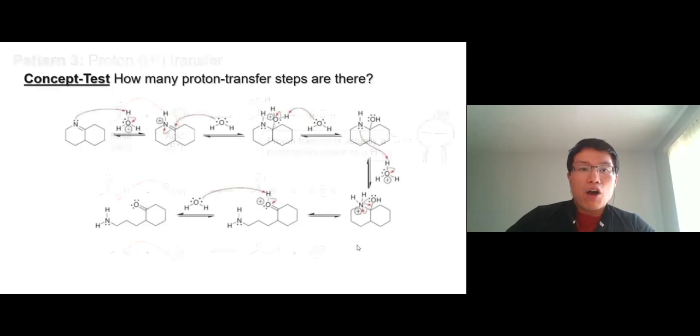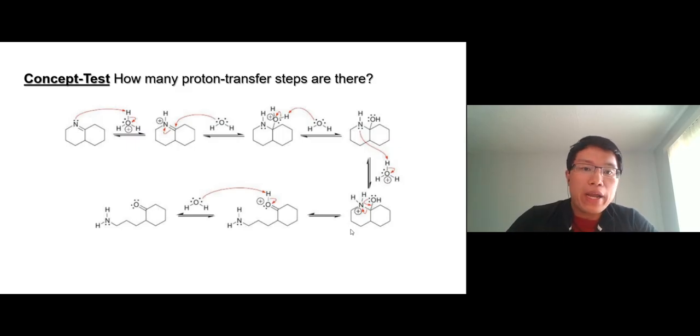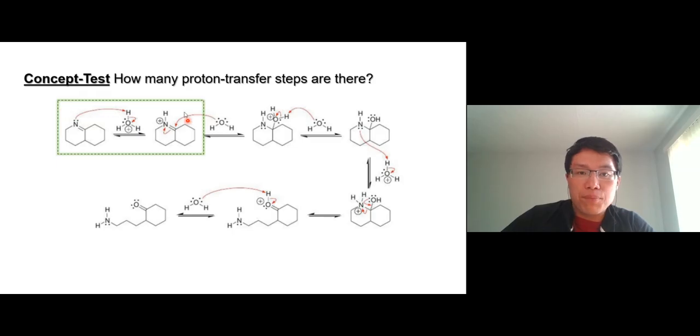Okay. Right, and now look at the whole mechanism here. How many proton transfers are there? Take your time, pause the video right here, no rush at all, right? There are multiples of them. All right, let's take a look at which step has a nucleophile attack a proton. First step for sure, this is a hydronium ion, an acid-base reaction. An acid, and nitrogen gets the proton. This acts as a base. Okay, so this is proton transfer